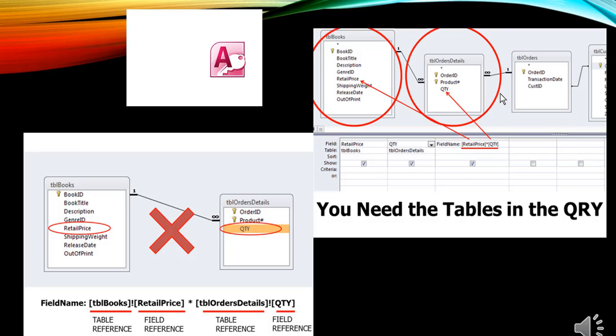If you write an expression in the query design view without the tables, you will surely get an error message, because Microsoft Access does not understand what you want.